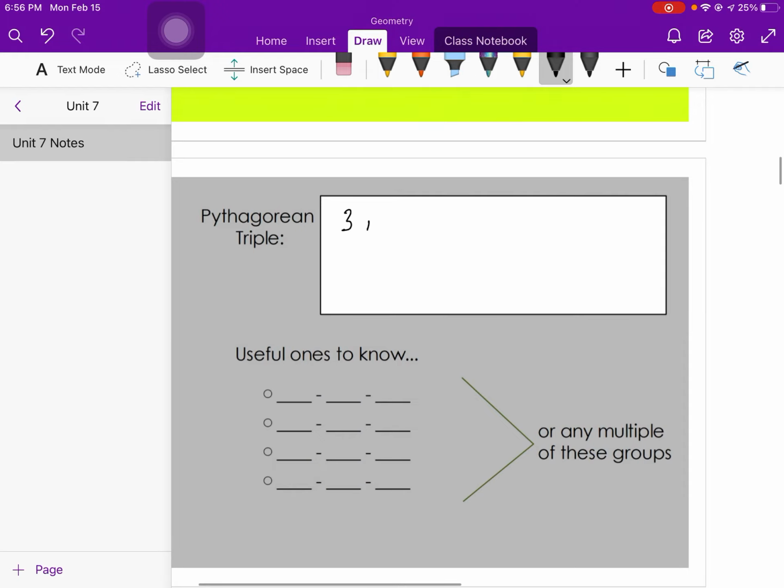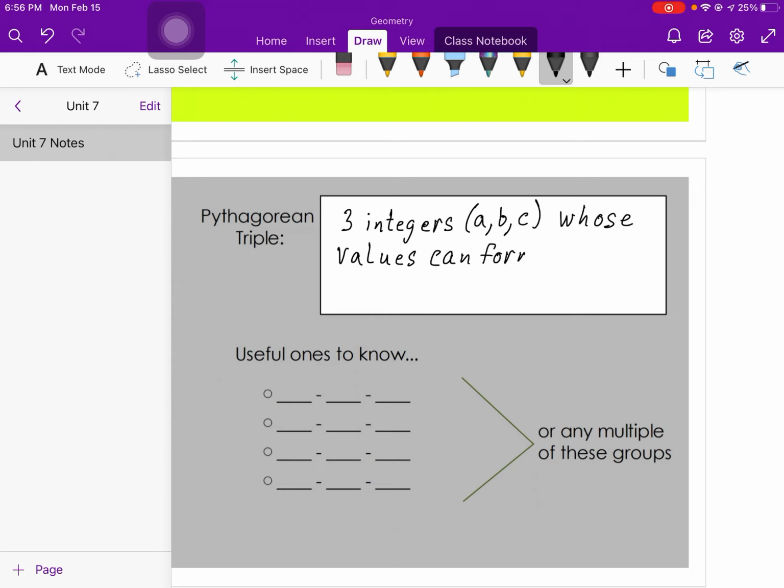It's when you have three integers known as A, B, and C, whose values can form the sides of a right triangle. So basically it's three whole numbers, is usually what they are, that fit perfectly in